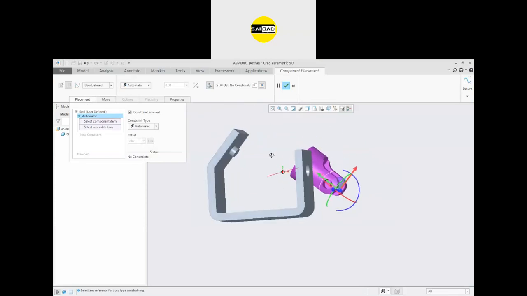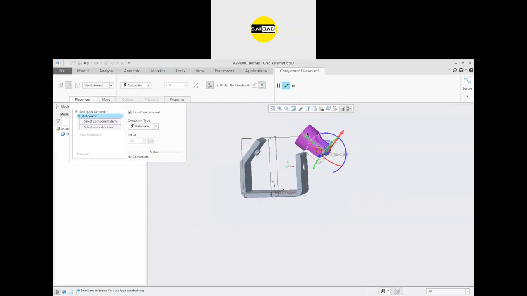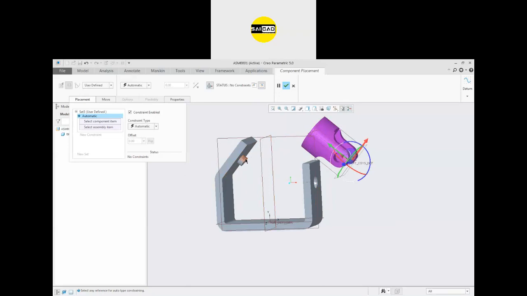So our requirement in the assembly is that this part should be in circular motion around this face or this axis. So to make it rotate, to make it move in circular motion, we have to select some relation from here. So first is the pin. We can specify the pin relation. You can see the connection definition is incomplete. To complete the definition, we have to define an axis alignment, and we have to restrict the translation also.